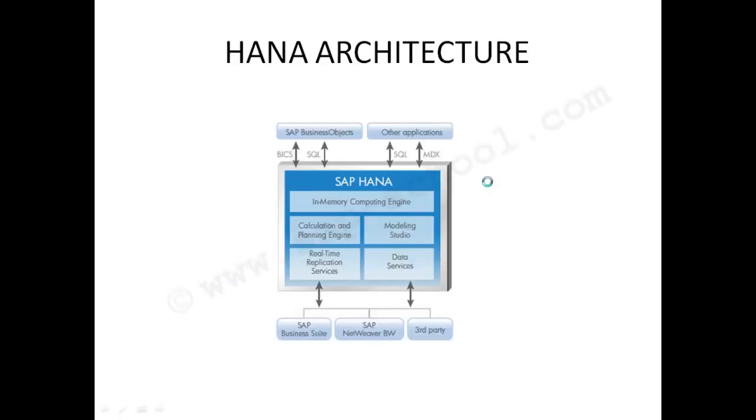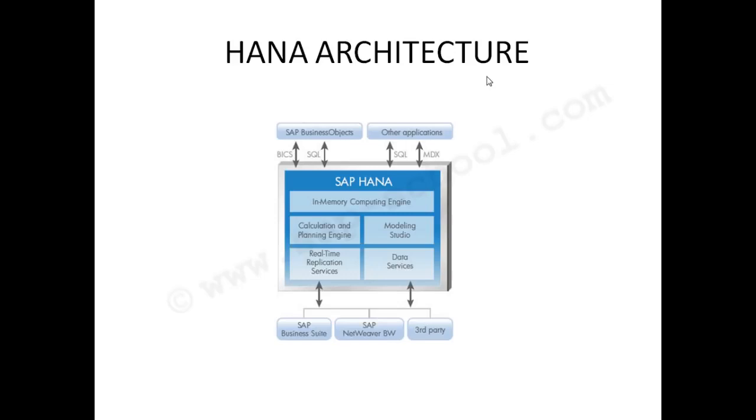So moving forward, let's look at what the HANA architecture looks like. If you see the diagram here, this is the basic HANA architecture. Here we see that we get data from different systems, the SAP Business Suite, the SAP NetWeaver BW, and third party. We get all the data and incorporate it into SAP HANA. Then we use reporting tools like SAP Business Objects, which is the official reporting tool of HANA, and other applications will use the information models created on SAP HANA to do complex analysis of data in the reporting